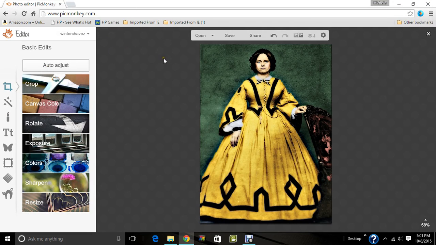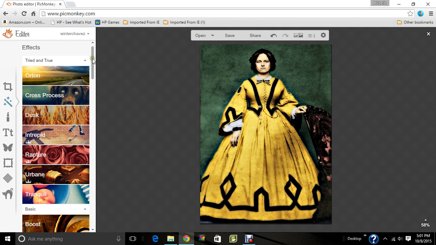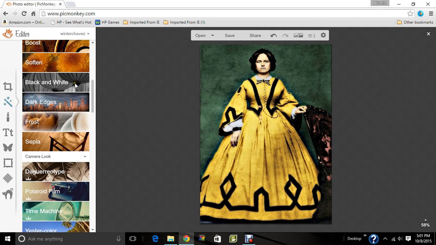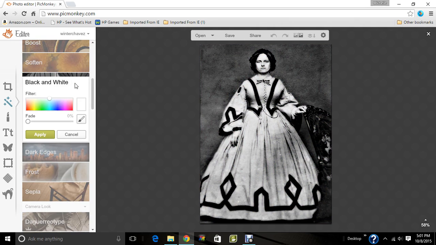Okay. So let's say that I had colored this dress yellow, and I got done with the photo and I saved it, and I went back and looked at it, or the person that I did it for looked at it and decided they didn't really care for that color. They would rather it be blue. Instead of going back and recoloring the entire photo, what I would do is go over here to the effects. I'm going to scroll down to where it says black and white. And instead of coloring the whole thing black and white again, because I could do that going through the original,